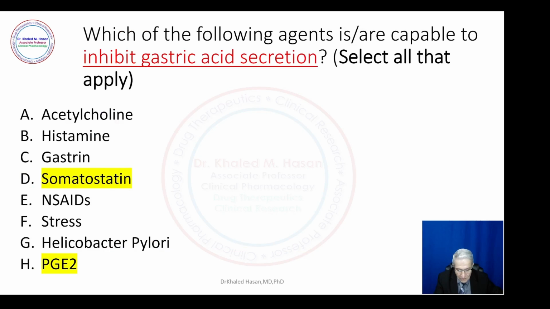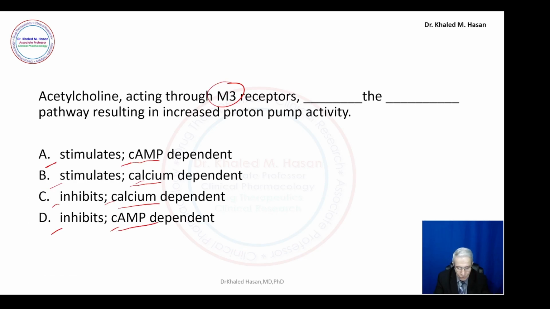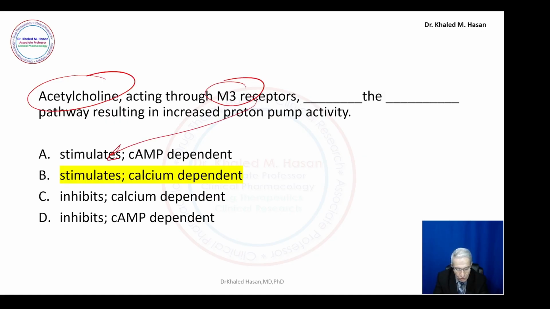So which one is it here? What do you think? Stimulate calcium dependent. So acetylcholine binding to the M3 receptor leads to the stimulation of the calcium dependent pathway, and activates